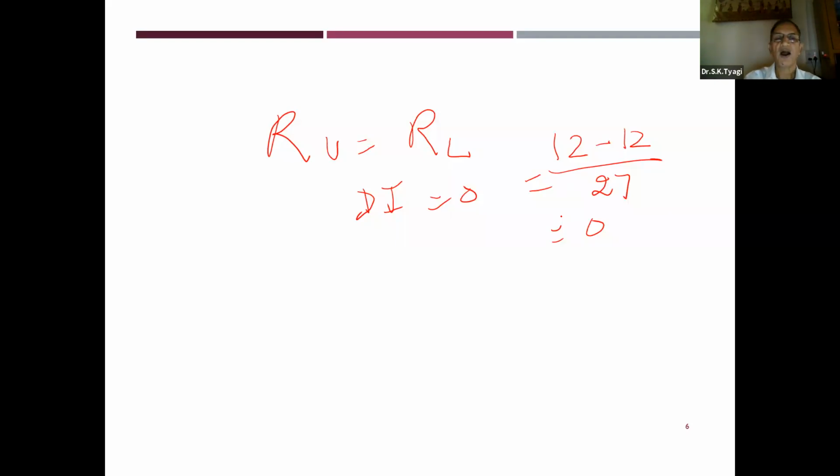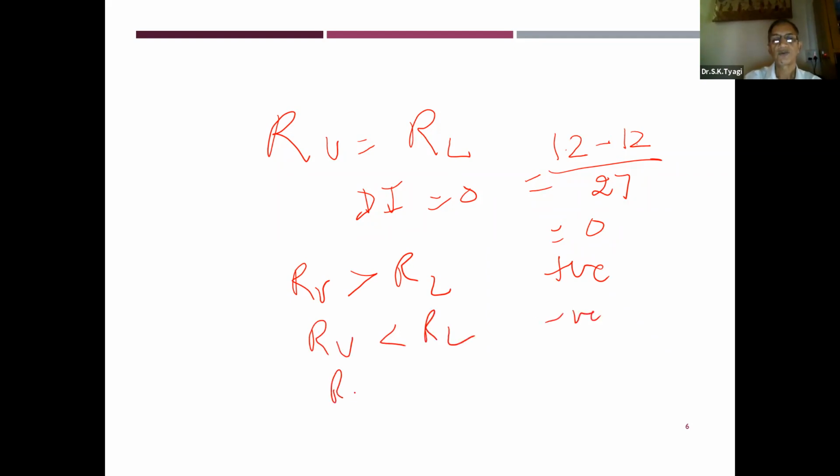Okay, so if RU is greater than RL, you will have a positive value. If RU is less than RL, you will have a negative value. If RU is equal to RL, you will have a zero value.